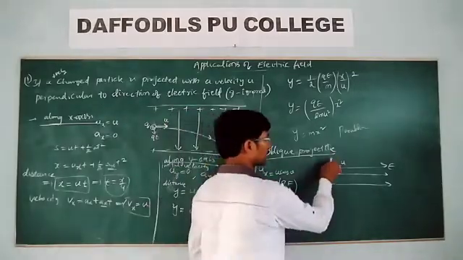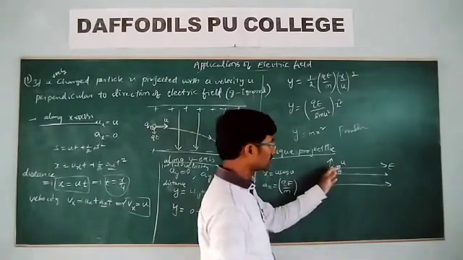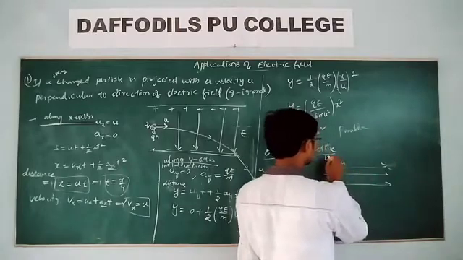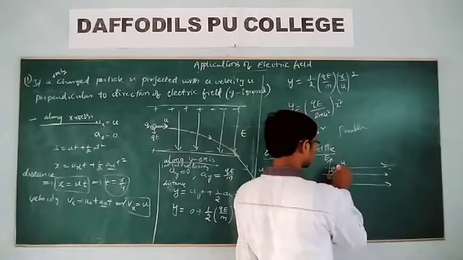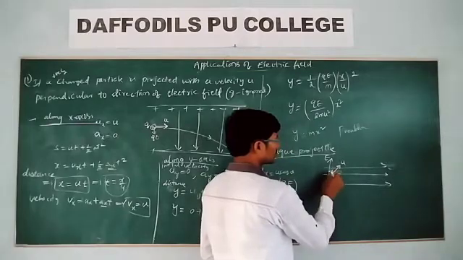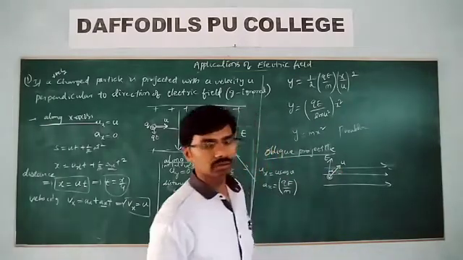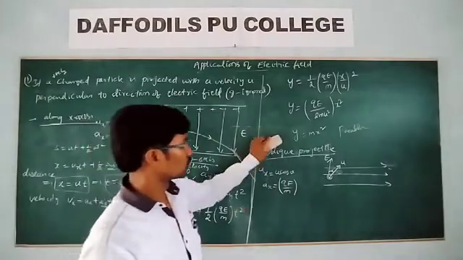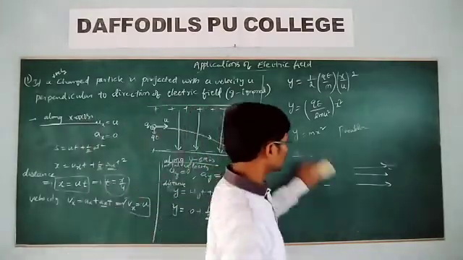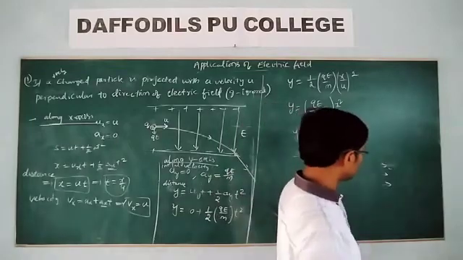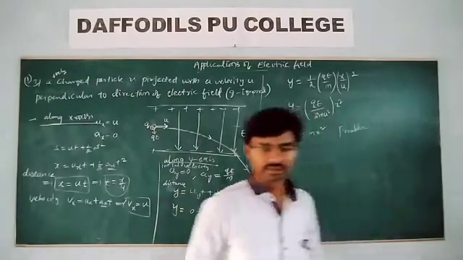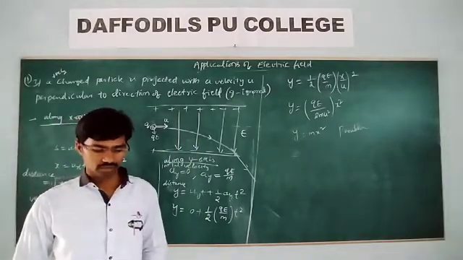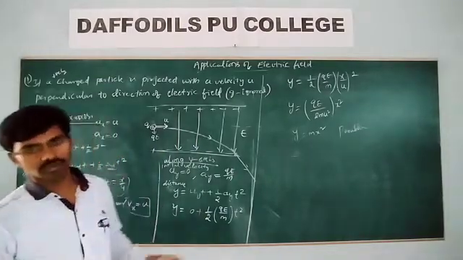Along y-axis, what do we have here? Acceleration due to gravity is neglected. And what is the acceleration here? ay is equal to 0. But instead of that, if we take the electric field along the y-axis, then what would be the direction of it? Same as the oblique projectile motion. So y is equal to x tan theta plus g by 2u square cos square theta into x square. This we can discuss later. Same as this oblique projectile.